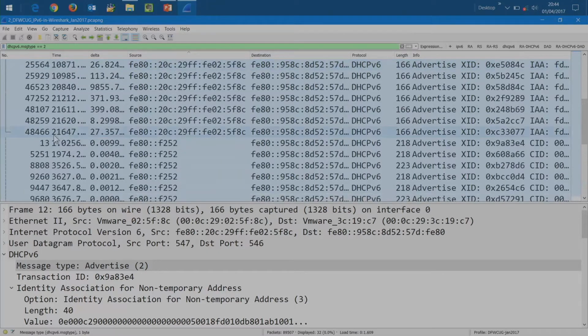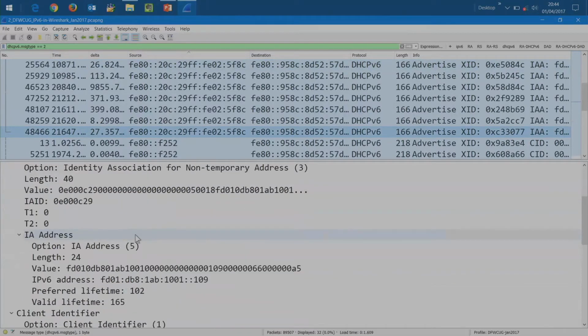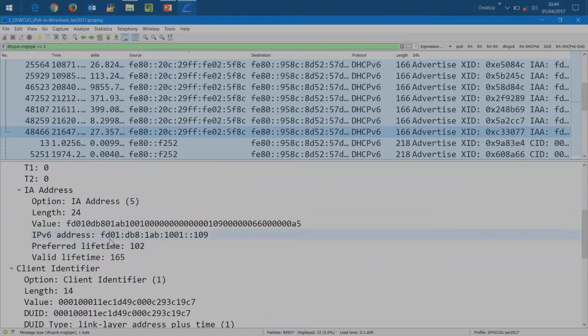And then, even more fun, I can look at one of the bad guy ones and ask what addresses it is giving out. Well, if the router prefix or network prefix it was giving was the FD01, it would stand to reason that its DHCPv6 server is giving out addresses out of FD01. So the bad guy router has got all bases covered. I'm telling you to get your DHCPv6 addresses from me, and I'm giving you the prefix for your network, so all your traffic comes to me. All right? It's doing what I would expect it to do.